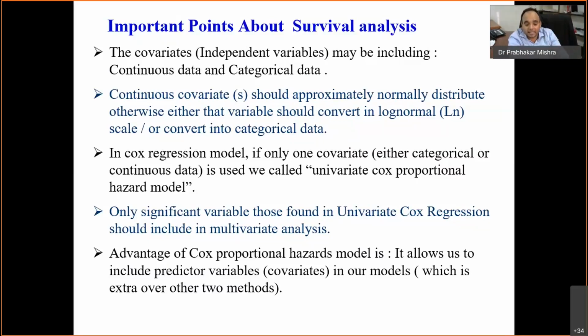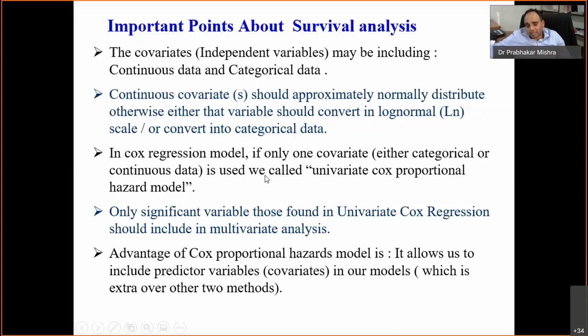Like age is given, and if we think it is non-normal, then we can divide the age like less than 30, more than 30, less than 50, more than 50, or 0 to 30, 30 to 50, more than 50. So like this, we can divide the data into categorical form so that we can avoid the log value, because log values actually change our data. That is, interpretation is difficult.